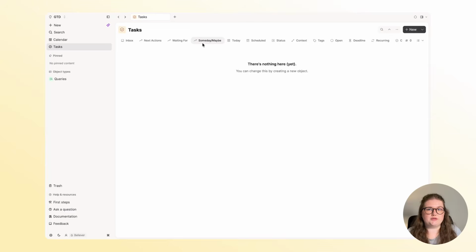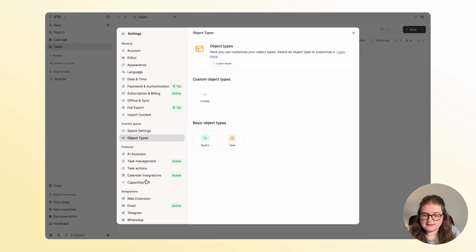But in Getting Things Done, if something that you intend to do is going to take more than one action to complete, David Allen would consider that a project, because in some way your mind has to keep an open tab about that broader context for the task. And the idea of creating a project is that your mind doesn't need to hold that information, your project list can. To add projects to Capacities, let's come to the settings and come to this object type section